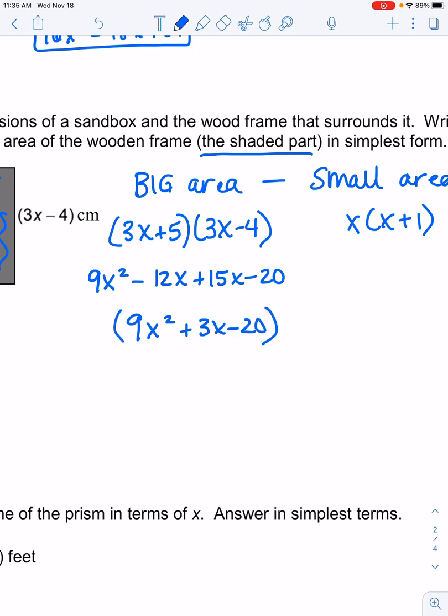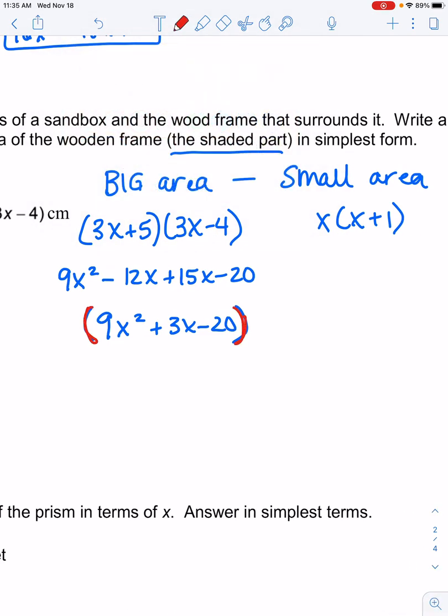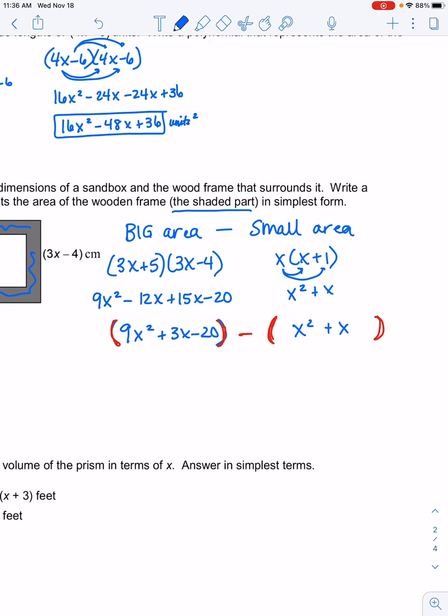Now I'm going to put it in parentheses just to make sure that it is set apart as the big area. Okay, in fact, I might even do red ones just to represent the fact that that's the big area, because I'm about to subtract the small area. Okay, so small area, I don't have to do any double distribution, but I'm still distributing x squared plus x, and just move it down here. Now it's important that you notice I put those red parentheses, because when I go to subtract, I need to make sure that I subtract this whole thing, which means that negative gets